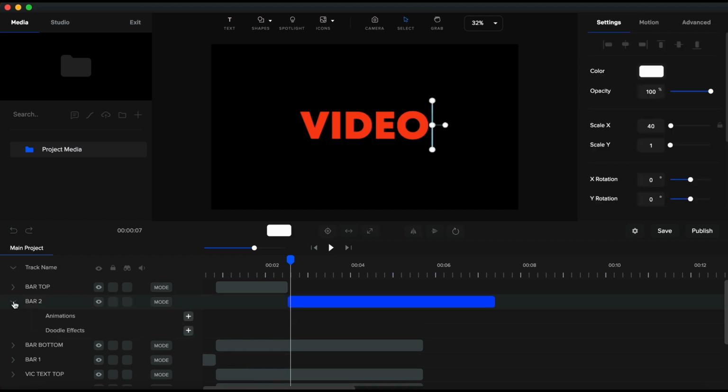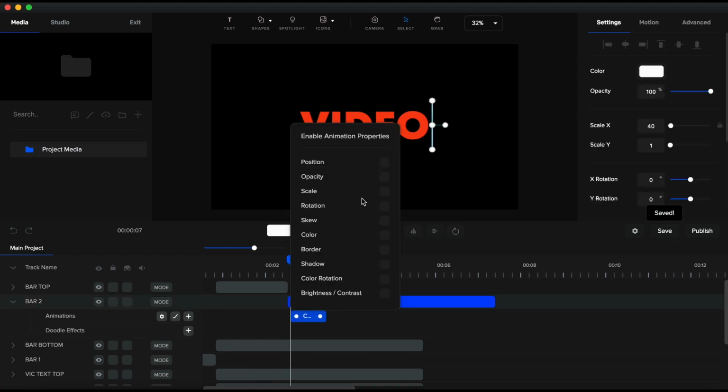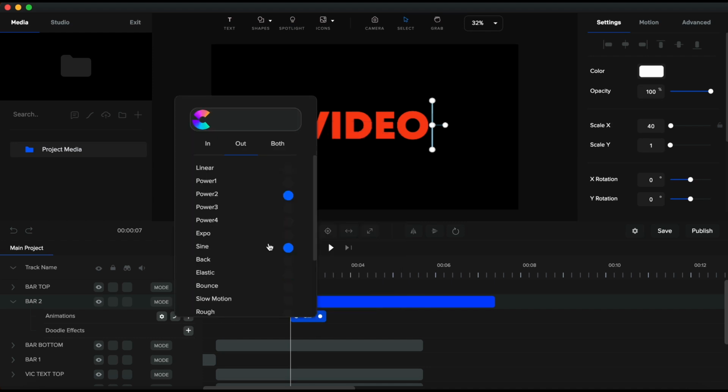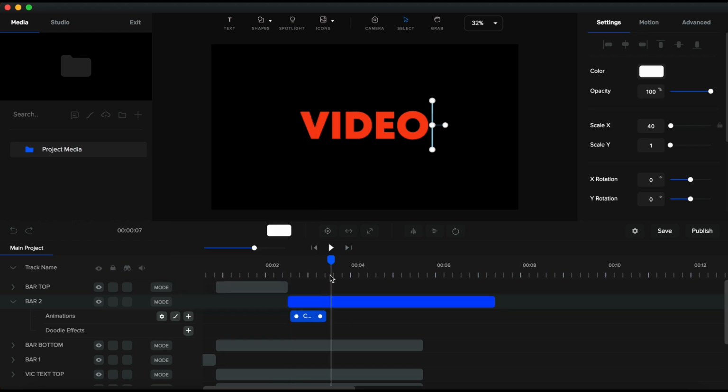Let's animate this bar 2 line. I will add a custom animation. This will be position. And for easing, I will select sine and set for both. Moving the playhead to the other side of the animation, I will move this line here to the right,